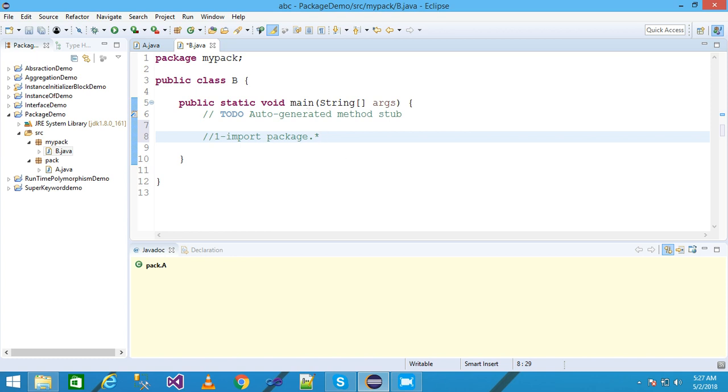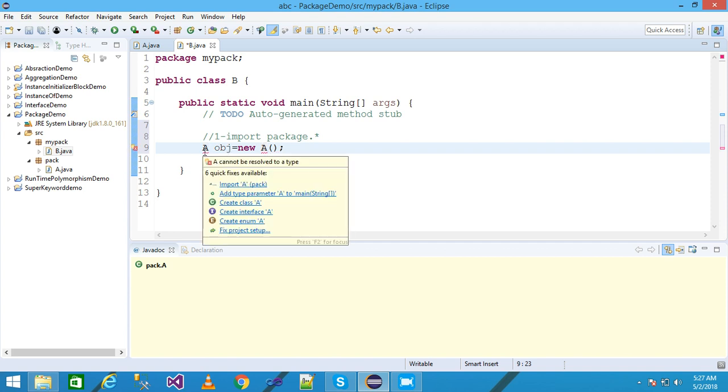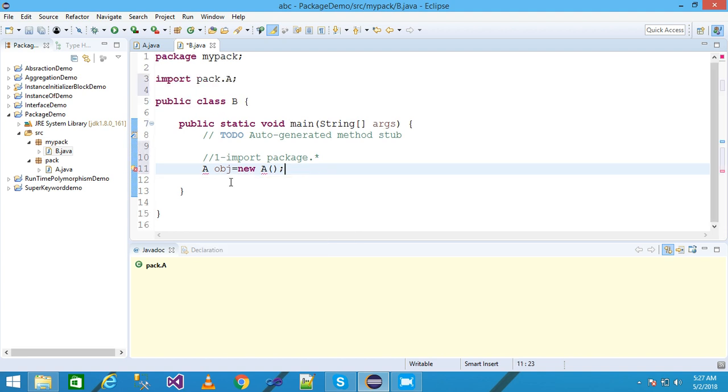So I am going to use this. You simply write here A obj equal new A, and look here, it is getting an error because we are not importing the package pack. So you simply come and click here. It automatically imports pack dot A, but I am going to use